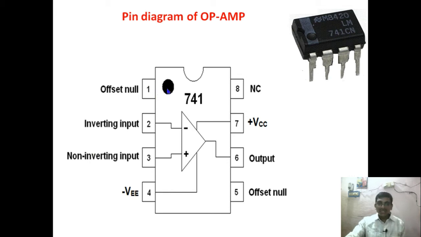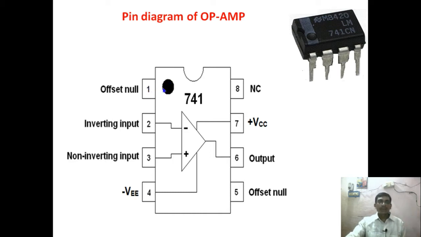Okay, in a dual inline package, this semicircle says how the pins are going, like this. So that's why pins 1, 2, 3, 4, 5, 6, 7, 8 are placed like this. This semicircle says how the pins are arranged inside the IC. 1, 2, 3, 4, 5, 6, 7, 8. Okay, like that it is showing. And when we place this semicircle to the top side, then the leftmost top pin is the first pin.